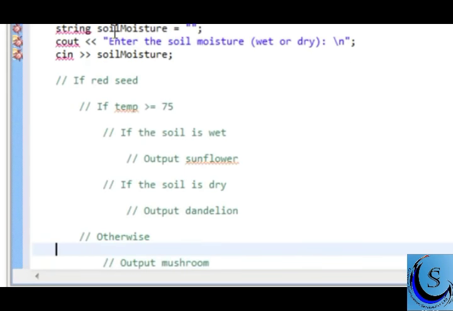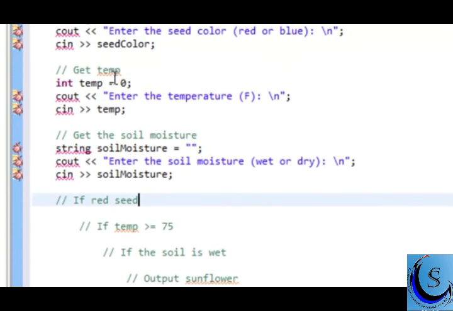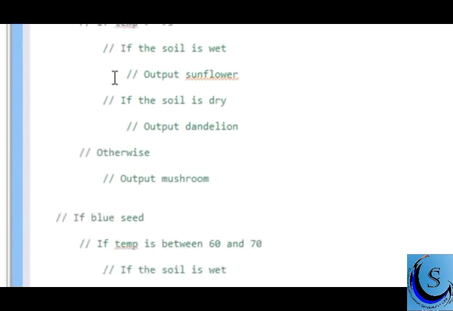Okay. So now, once we have our input for seed color, temperature, and soil moisture, we can start making some decisions. So we're getting into some new syntax here. So far in our programs, program 1, 2, 3, and 4, all of our instructions have been one right after the other in sequence. So now we're looking at having some sort of choice or alternative. We're making decisions, and we'll branch off to one set of code based off of what decision is made here. So if it's red, we'll look at these set of choices, and if it's blue, we'll look at these set